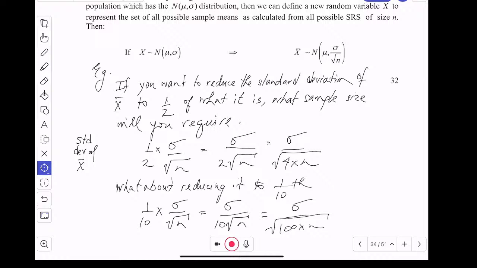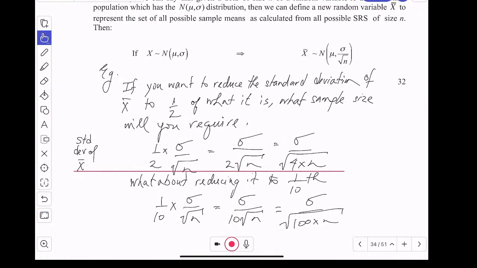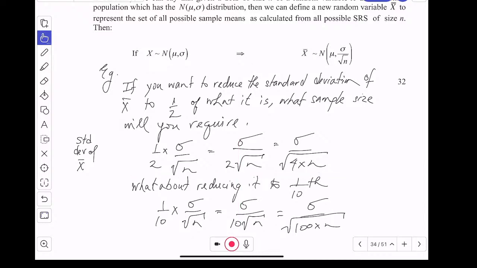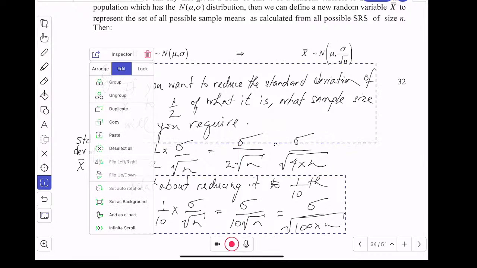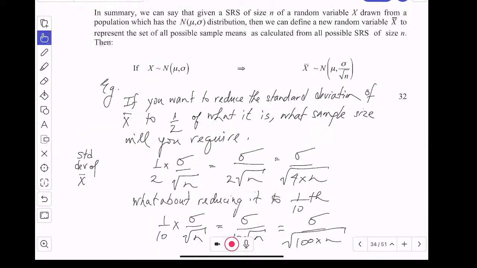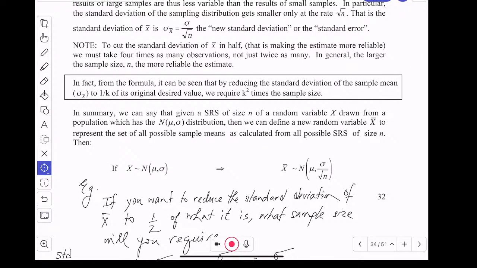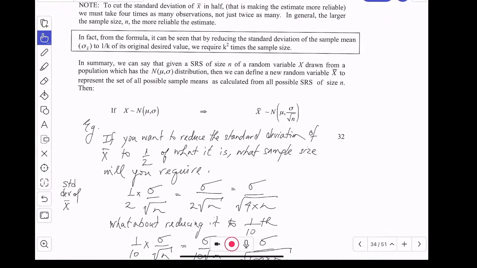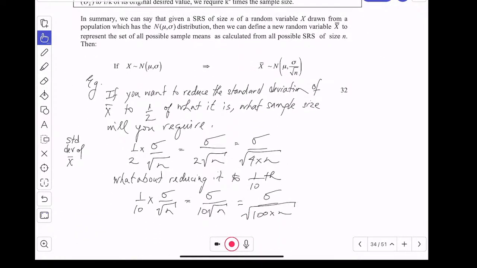Because of the way the standard deviation of x bar works, we have a simple rule that you need to follow. In this box, it can be seen that by reducing the standard deviation of the sample mean to 1/k of its original value, we require k squared times the sample size. So if we want to go by 1/2,